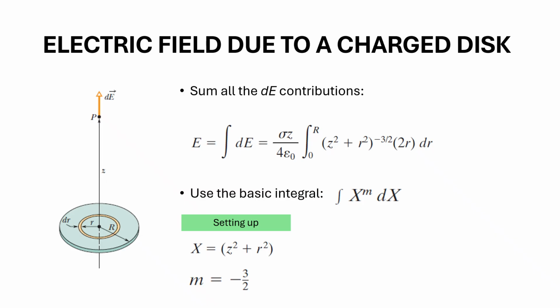Because pi you already cancel out, so you have the integral of (z squared plus r squared) to the negative 3 over 2, times r dr. If you want to know this equation, we recall back E equals, I just simplify it, K constant z over r squared